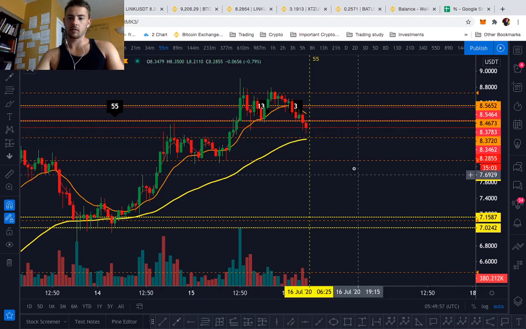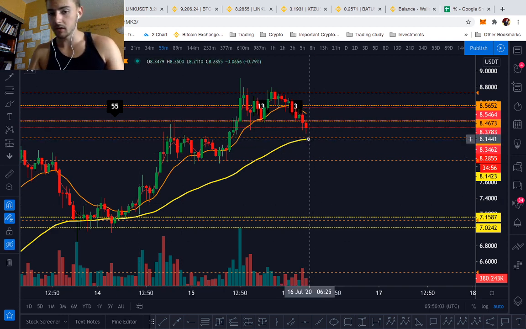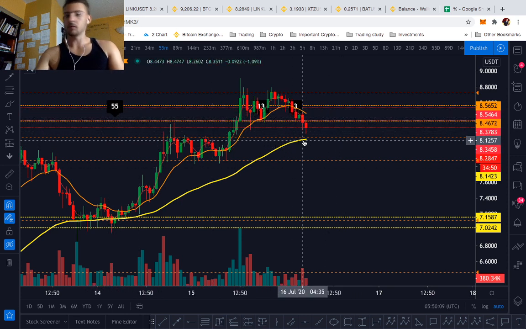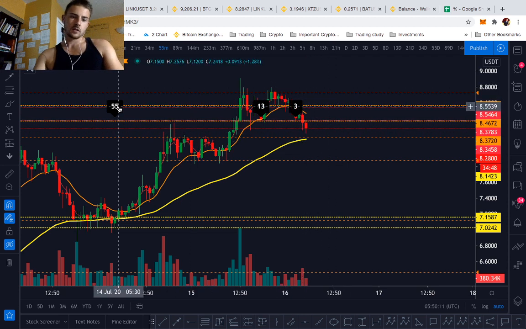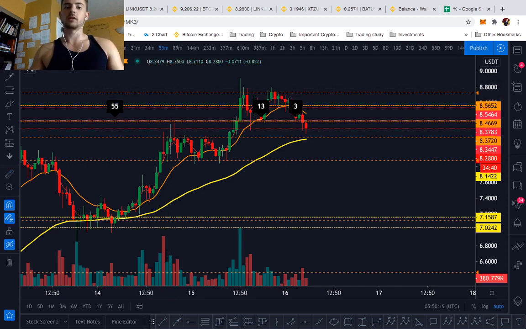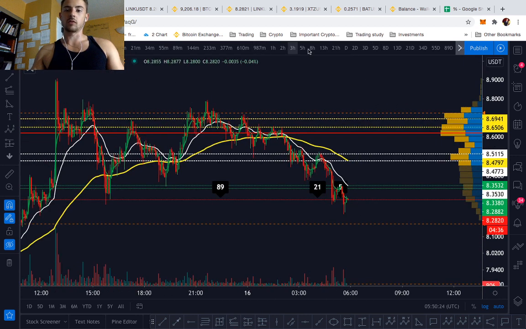In 35 minutes, the next candle opens. So if it's still above here, we're probably going to get an uptick, right? The 55, this moving average, is going to start trending in 35 minutes. It's going to start trending for about 14 hours, which is confluent with that 21-hour chart right here.